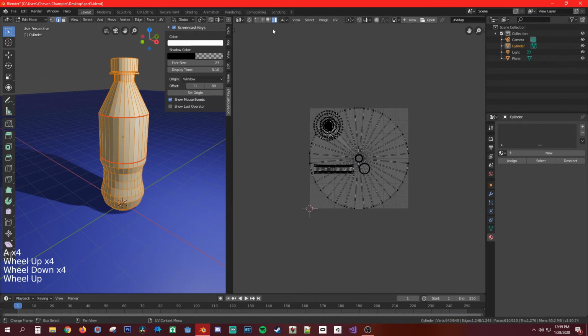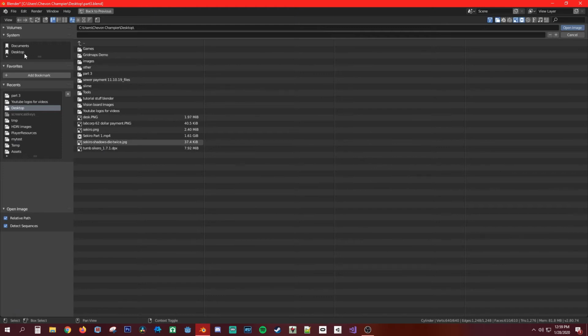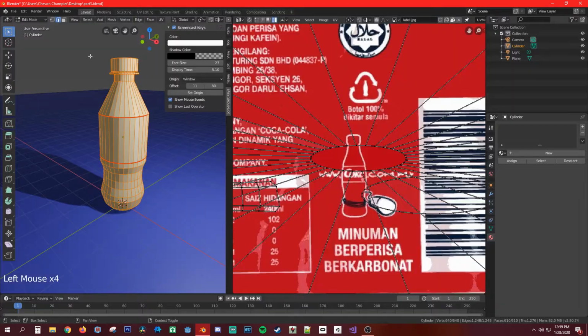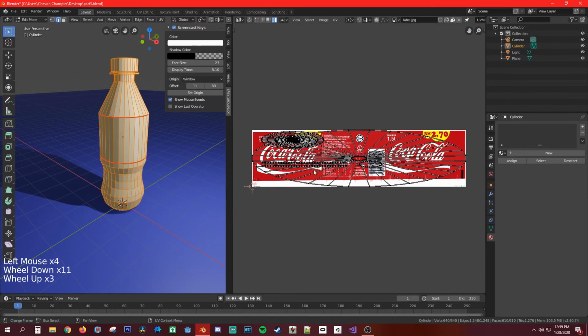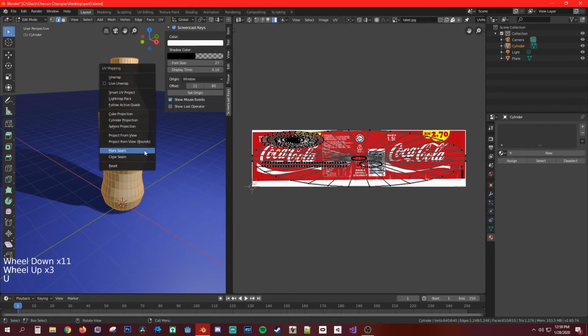But we want to do something else first. Let's get the image in for now. Let's see, image, open, and it was in part 3, label. See what happens? That's why I wanted to get the image first. So U, unwrap,